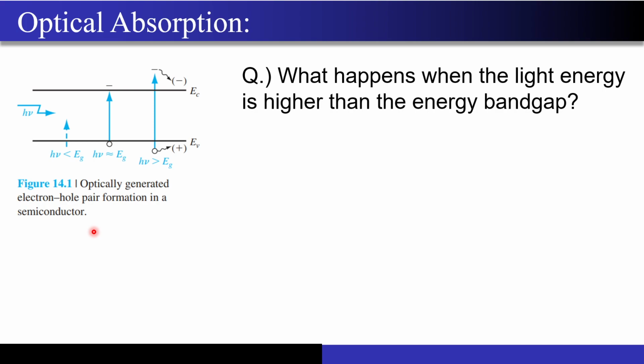Electron hole pair means if you shine a photon, then the electron will leave from the valence band and go into the conduction band. So there is a vacancy left behind in the valence band. That is the creation of the hole, and the electron that is there in the conduction band is the free electron that you got. So you always get electrons and holes in pairs.